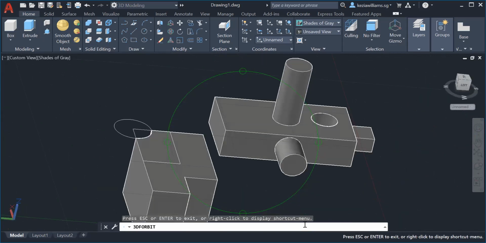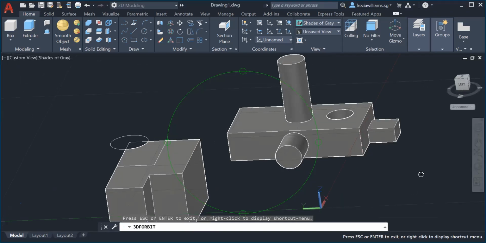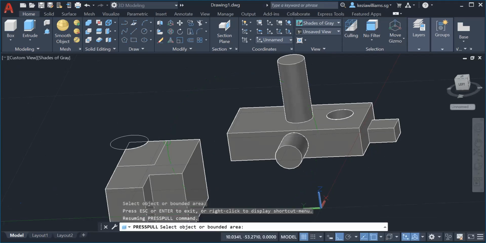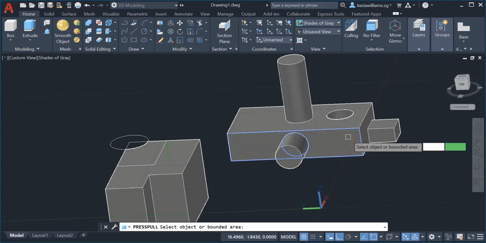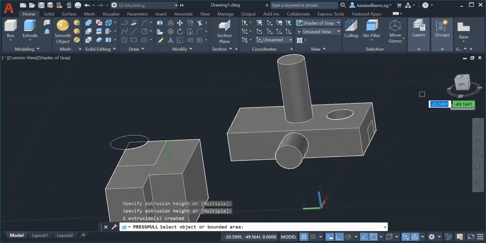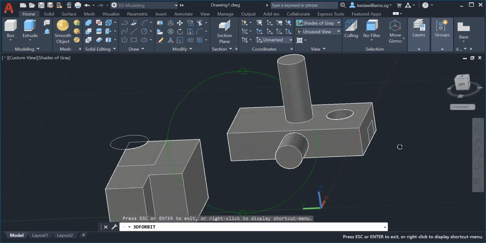Okay, so what else? Press pull, then remove faces. This is what I told. You can also totally remove faces. Okay, for example, I'll teach you. If you need to remove this face, for example, I want to remove this face. Very simple. What I do, I just go here, press pull, click this surface, and then go this way. Gone. See, totally gone.